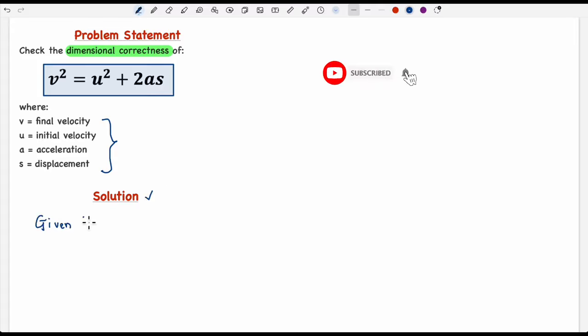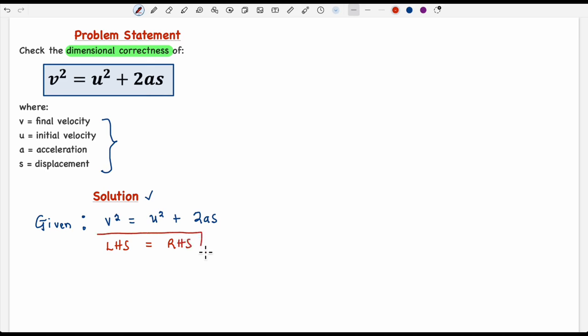We are given the equation v squared equals u squared plus 2as, and the task is to use dimensional analysis to check the correctness of this equation. Checking the correctness of this equation means that we are to check if the left hand side of the equation has the same dimension as the right hand side of the equation. So this is what we are going to check in this problem. Now, if we say dimensional analysis, we are to express each of these quantities, which are physical quantities, into their